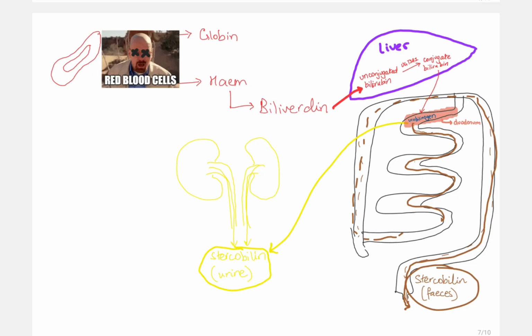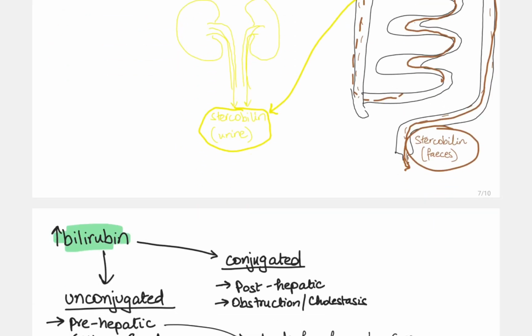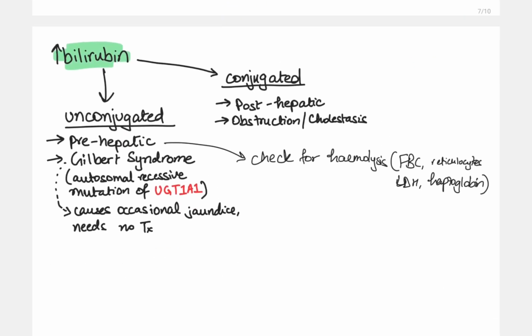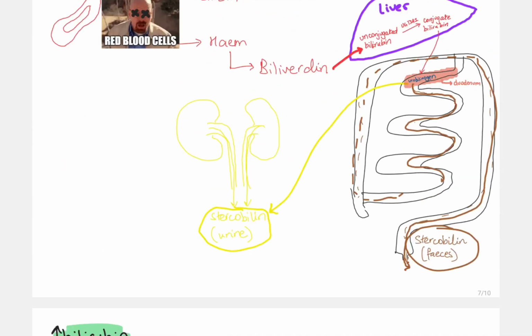So this is why we often see people with liver damage who have a raised bilirubin in their blood end up having pale colored stools or dark colored urine. And so we can see this on the blood test in the form of a raised bilirubin, and often we can have conjugated or unconjugated raised bilirubin. When we talk about conjugated raised bilirubin, we're talking about things which are happening post-hepatically. So, for example, to understand what that means,